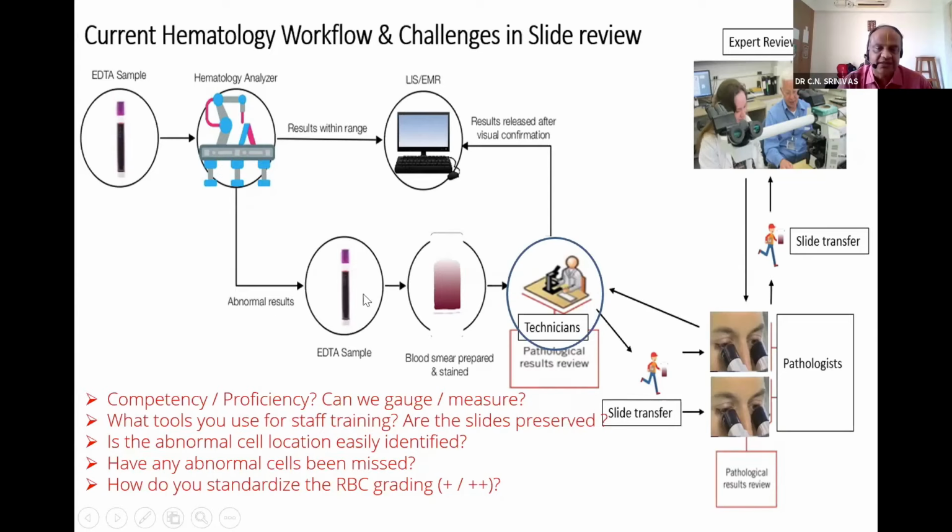Suppose there is a flag criterion or an abnormal result: the EDTA sample has to undergo smear preparation, be reviewed by the technicians, and then reviewed by the pathologist, maybe one, two, or three pathologists. Suppose we don't have the pathologist available on that particular day or time, the smear has to be transferred manually to where he is for the analysis. The most important thing in the whole process is that the smear preparation has to have traceability to the patient's EDTA sample, which is barcoded, and the technician should label it very well so that the numbering traceability carries on to the barcoded EDTA sample itself.